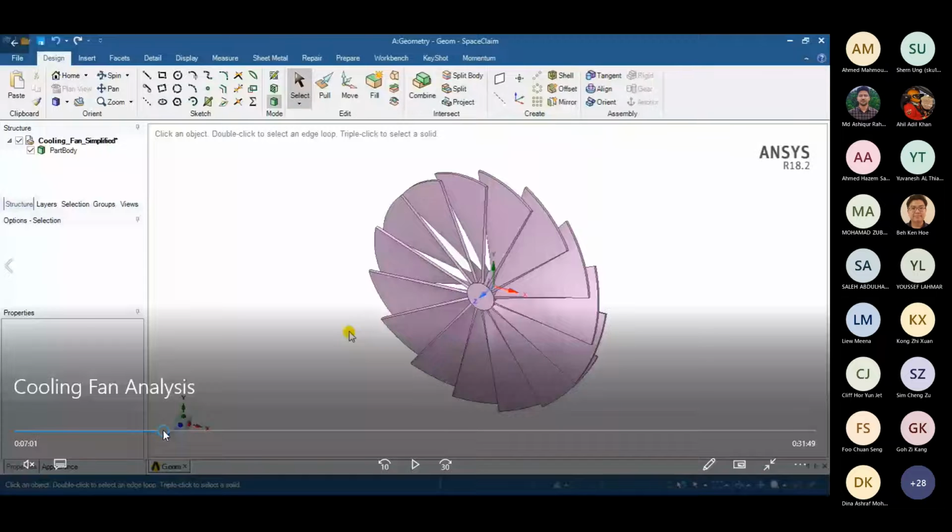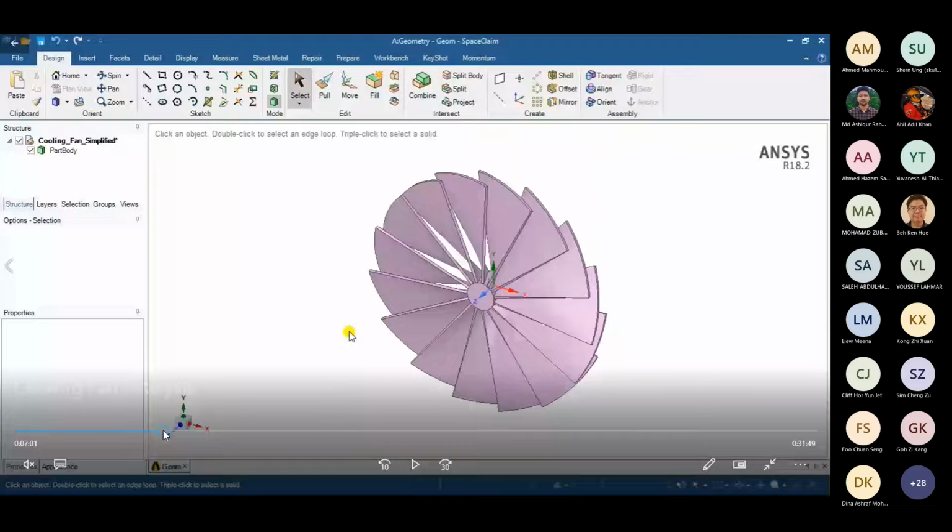The primary reason we are doing this is that there are some errors or problems with the geometry that came built in from the design's perspective. It's not that the designer is at fault, but there are some additional components that come with a design, and from a CFD, an analysis perspective, those components are not needed.